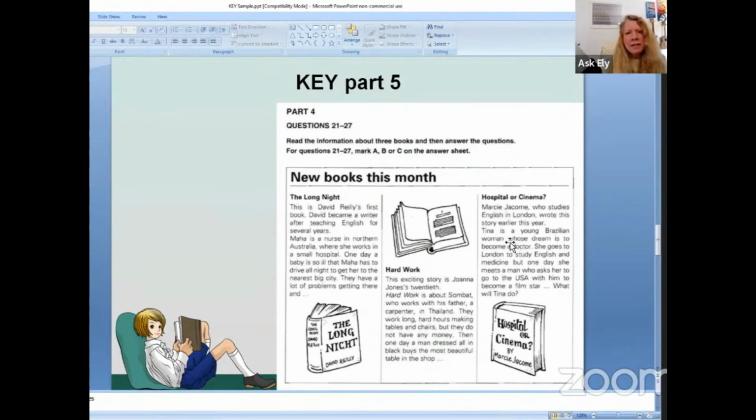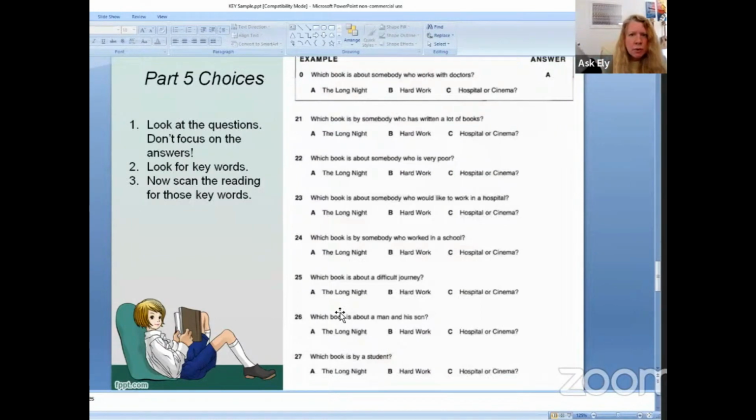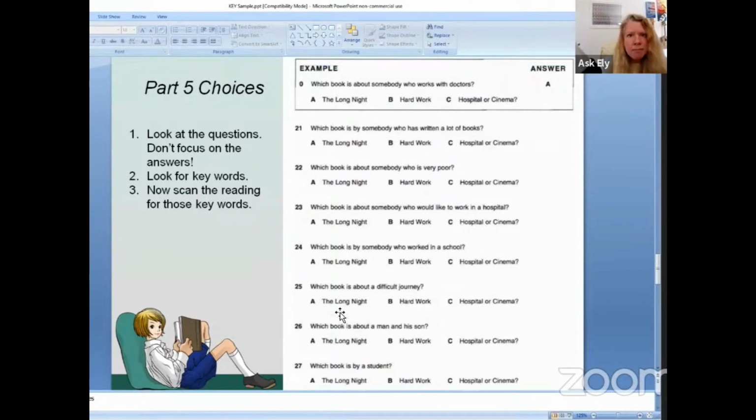Now, when you've done this, it should be very quick to do. Then go back and read each one carefully. You see, if you spend too much time reading every word, and then go here to answer the questions, it's going to take a lot of time. So I recommend to my students to think about the keywords, right? Written a lot of books, very poor, would like to work in a hospital, worked in a school, difficult journey,